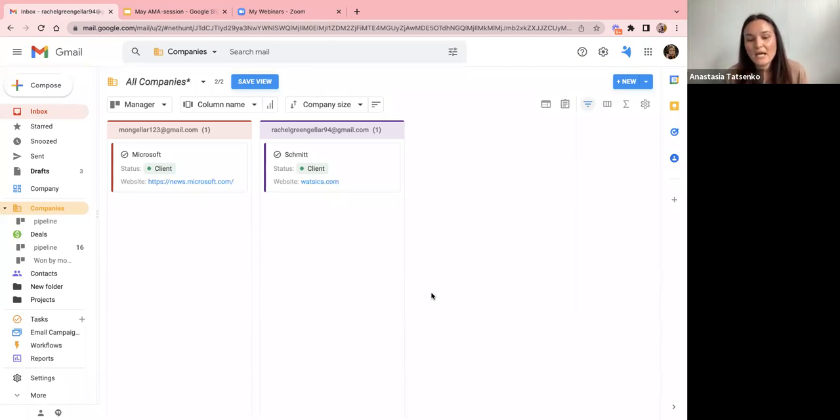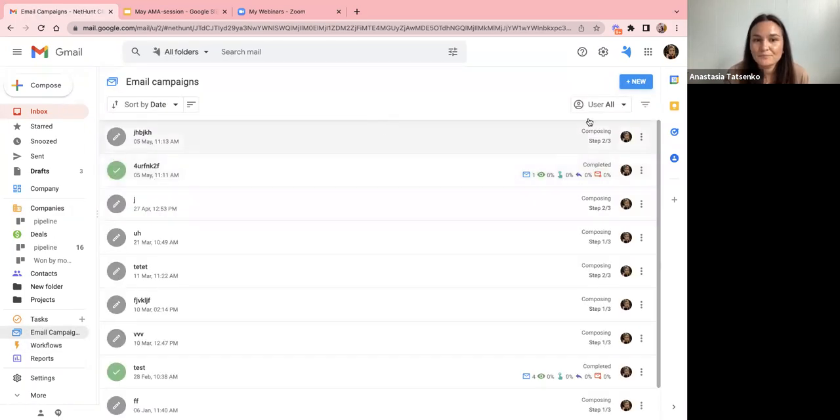Next one. How do you use templates before sending them out? This is the question from Eric. Do you mean how to test how it looks like? Then send a test email campaign. When you create a template, first of all, as a human being, you need to read it through. You need to see if you're afraid to go into spam. There are other rules for this, but how it looks like, you can create an email campaign,